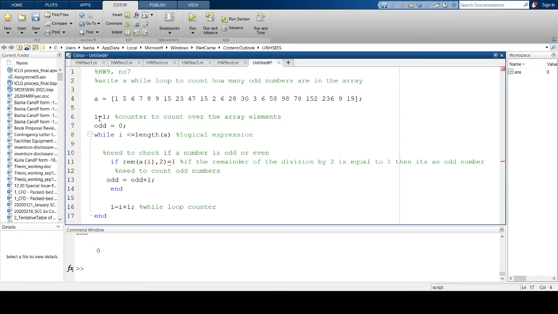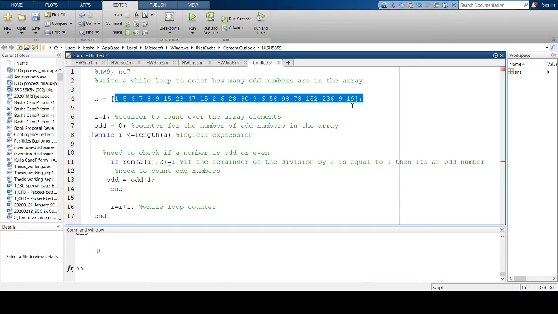Again, let's go through it. So I have two counters. The first one is i, which will count over the elements of the loop. The second one is odd, which is a counter for the number of odd numbers in the array. And then I have a logical expression here, while i is less than length of a. So while i is less than the length of a, basically I will go over